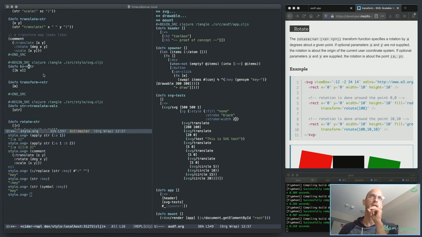So in this case, let's do a let key be symbol k,